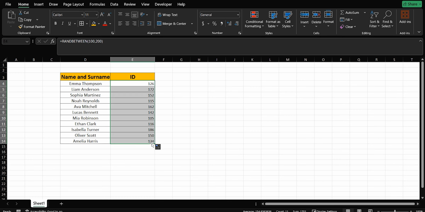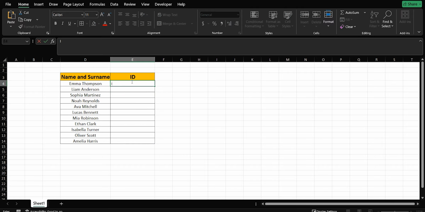I wanna show you guys one quick trick how to generate random numbers in Excel. Let's go! Please, don't do it manually, like in this example where you have to assign the ID to each